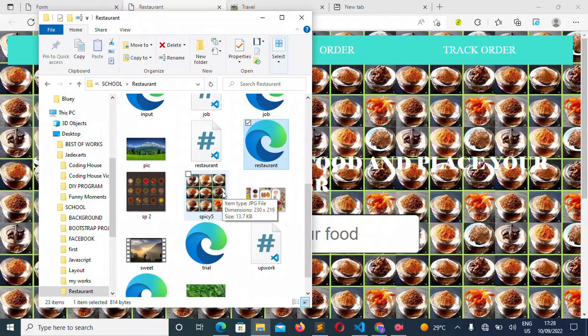This pixel size for a background is a bit too small. If you want to use a picture as a background for a website, you need to go for 1920 times 1080.